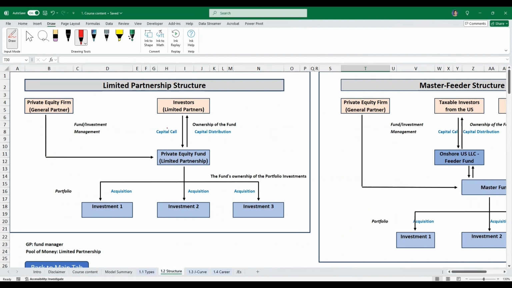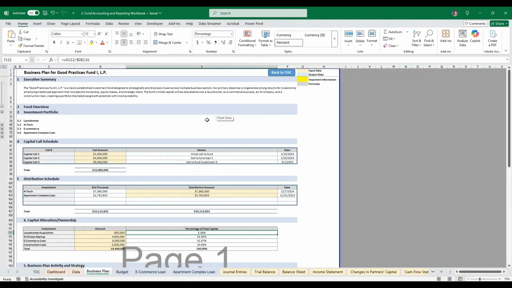Imagine you are a fund manager and you found some good deals. Meanwhile, you have some investors approach you. So you bring the money into the fund and bring the deal into the fund to form a limited partnership. So this is the fund you just launched and you are the general partner. So what we're going to do next is go through our business operations from a general partner